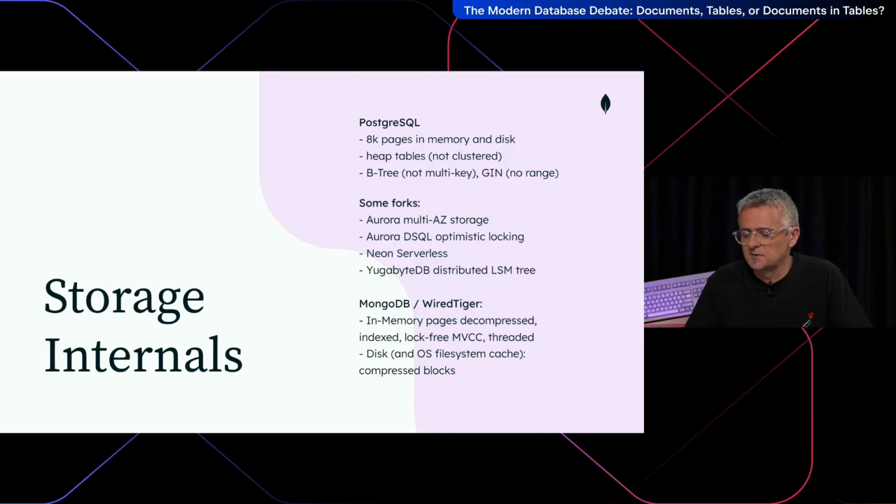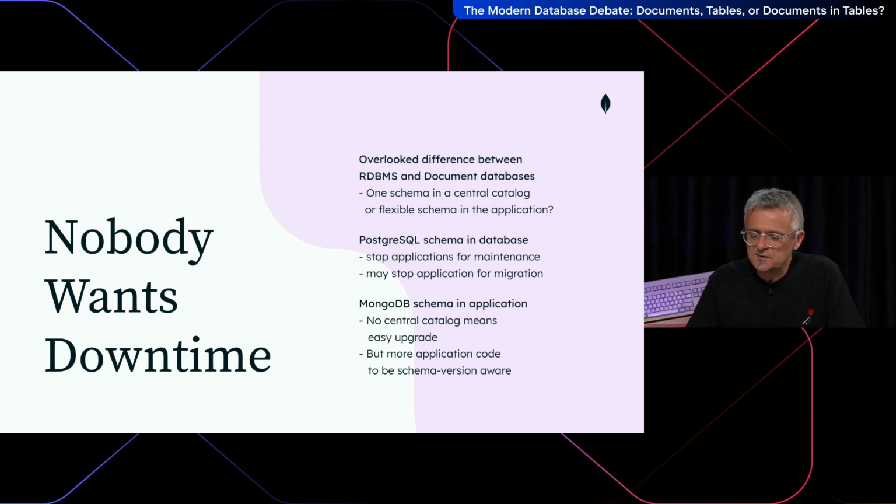And that comes to the storage internals. When you use a database, it's good to understand how it works from an API point of view, but also how it stores data, how it indexes data. I will not go into the detail, but also when we say Postgres, there are multiple Postgres. All managed services are forks of Postgres, which may change very little things for security reasons or more things for performance or distribution reasons. So it's good to understand how it works.